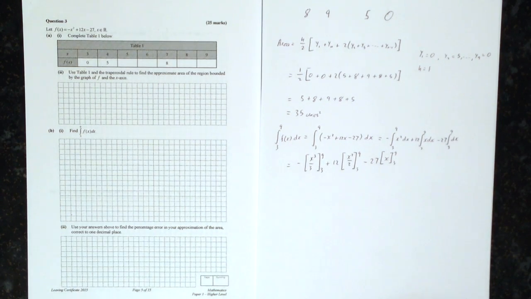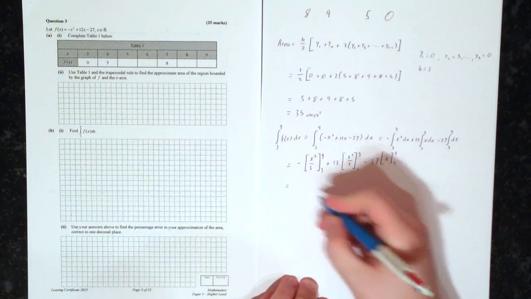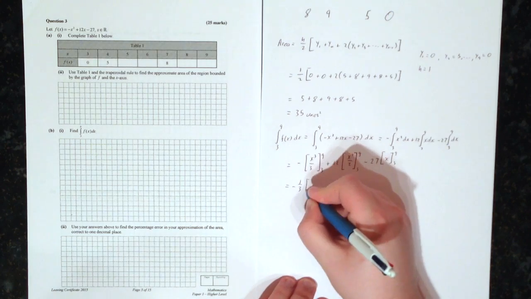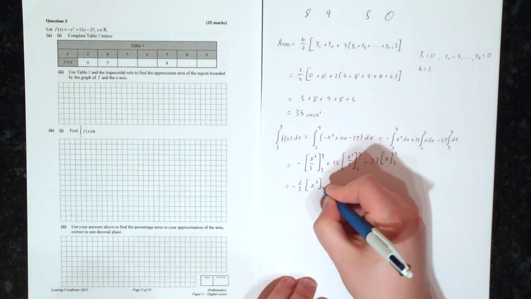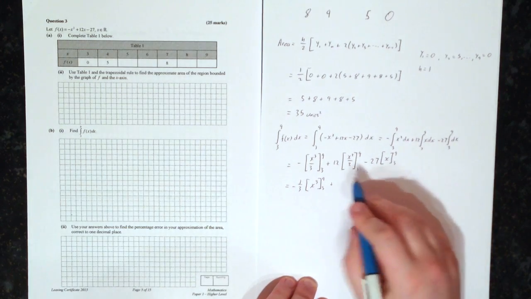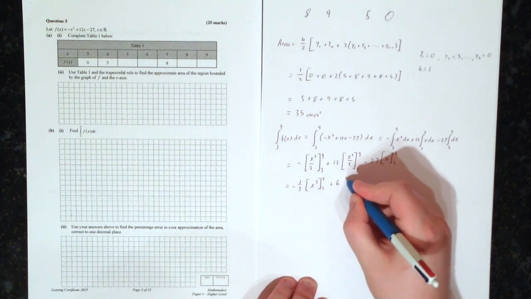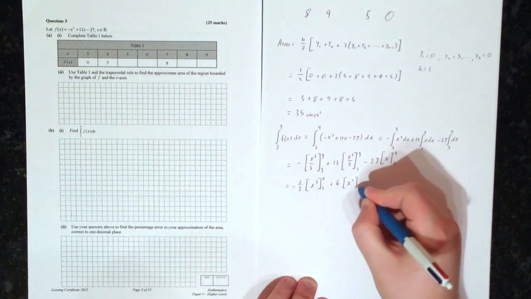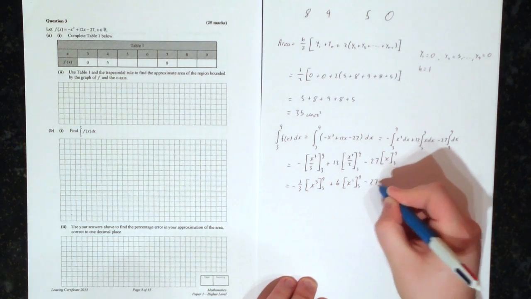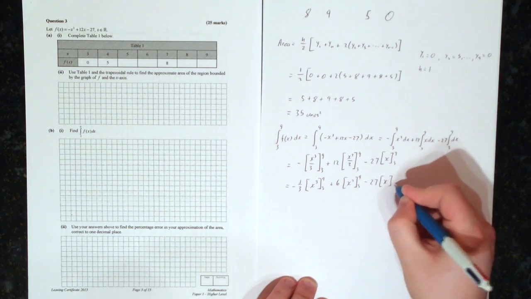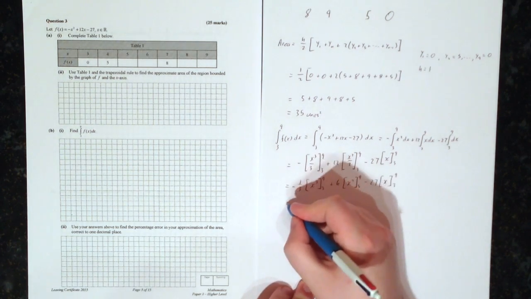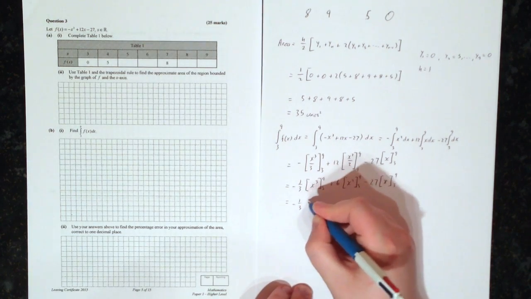Okay, we can now take some of the constants outside of these evaluations, because in integration and differentiation, we can take constants inside or outside of the integral and/or derivative, and it won't change our answer. So that will be equal to minus 1/3 times x cubed from 3 to 9, plus 12 divided by 2, which is 6, times x squared from 3 to 9, minus 27 times x from 3 to 9. And that's going to be equal to minus 1/3